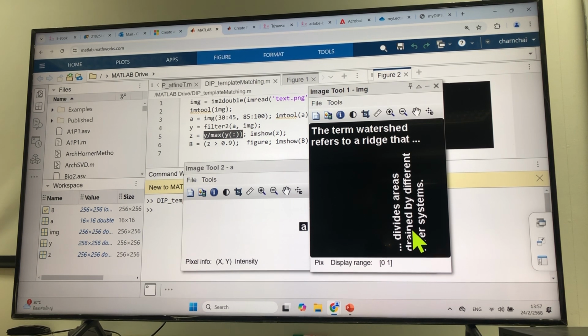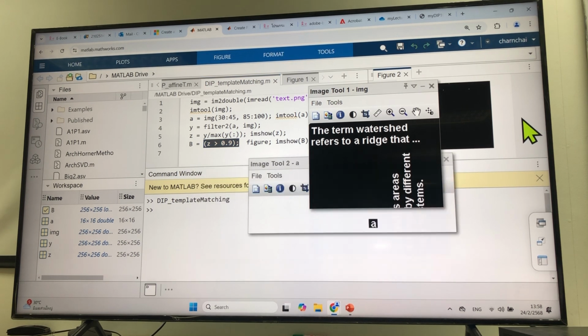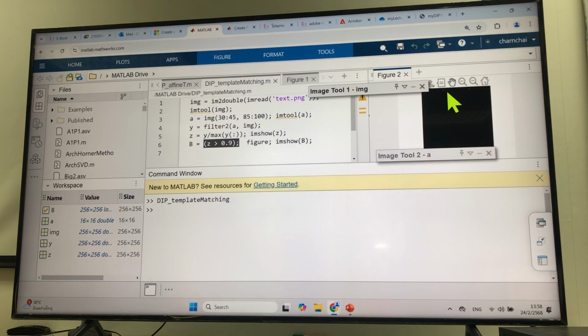When it's tilted or rotated, the letter A probably does not look the same because it's not the exact match. After that we use the thresholding. So we have z more than 0.9. Then you're going to get the binary. Then you even show. You can see the highest values here. You're going to find letter A at